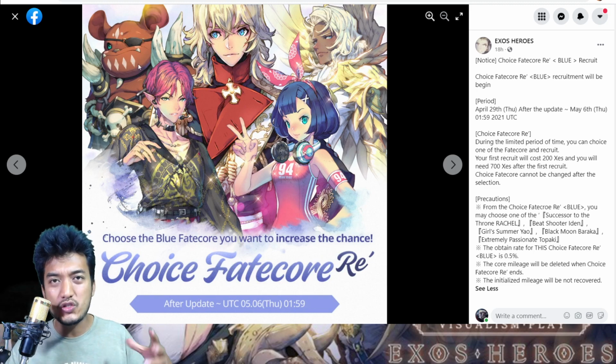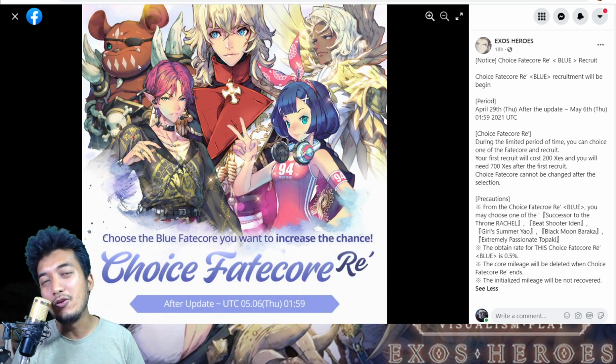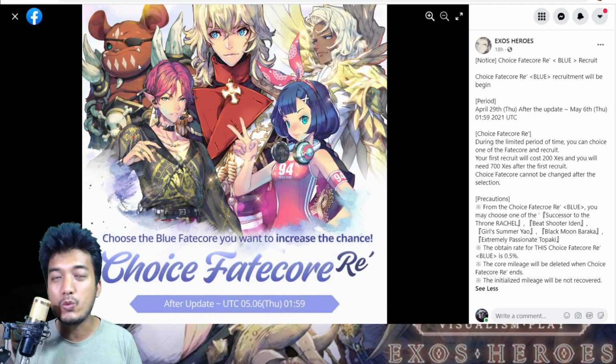Well, to generalize, guys, all of these blue Fatecore hero units are pretty useless when it comes to battle performance, except for blue Fatecore Baraka. Sometimes he actually pops up at the bottom of the tier list. Not really that superb, because one really bad thing about the blue Fatecore hero units is that their skill modifications are not really better than their normal fated versions. And the next reason is that